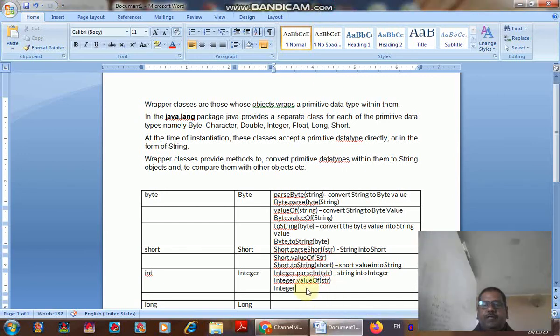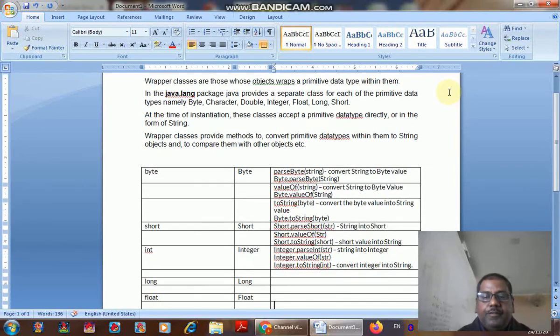Now similarly we have the third function, that is Integer.toString, and here you are going to pass the integer value, and it is going to convert the integer into a string. Similarly, when you move to the next one, there is a long function available.